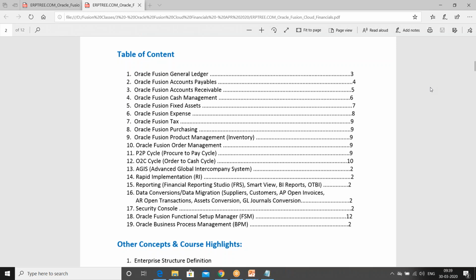If you want to claim 6 or 7 years of experience, the best option is to start with EBS and then go with Fusion. Once you complete both courses, you can claim experience on EBS and cloud financials. Then you can get a good package. I'm not recommending these things, just bringing to your notice what is happening in the market.